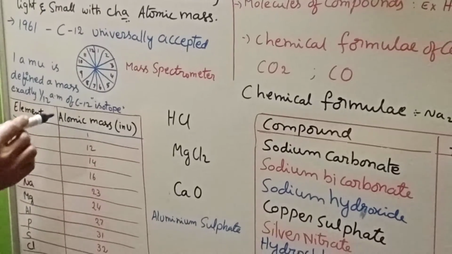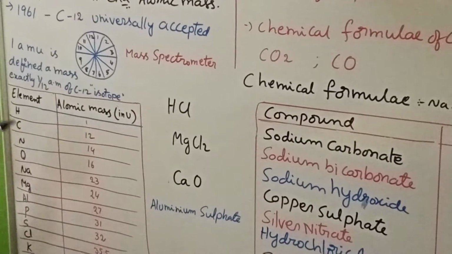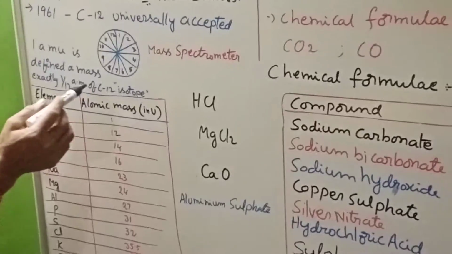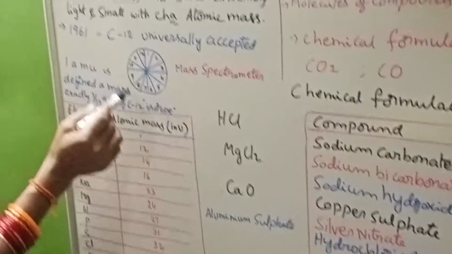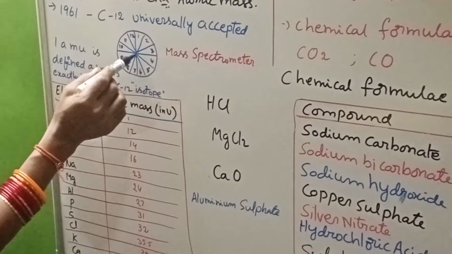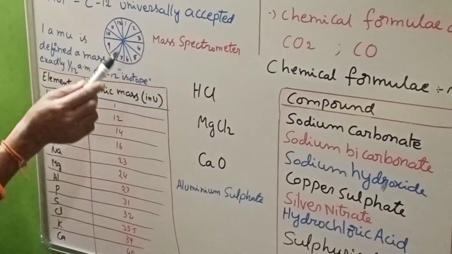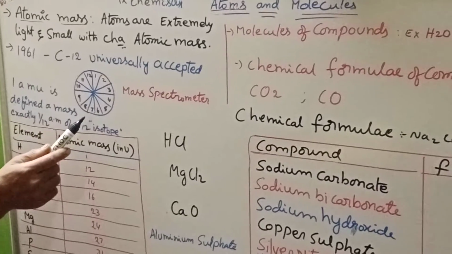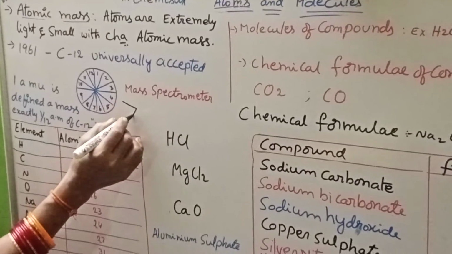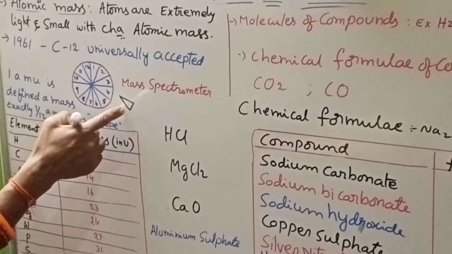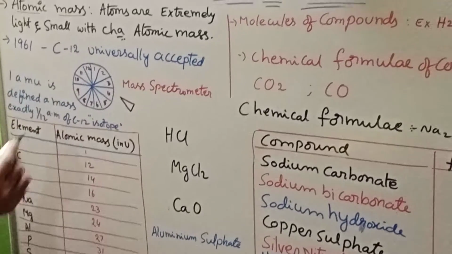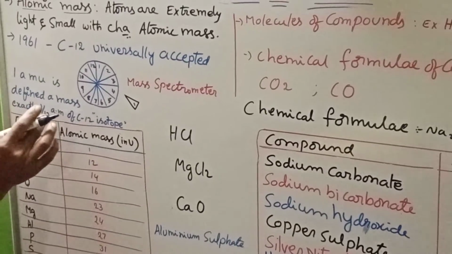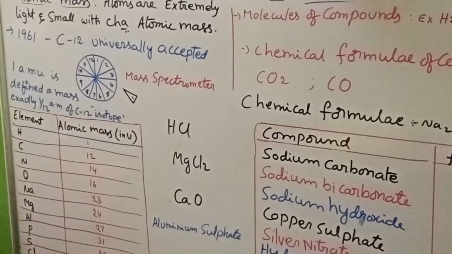See, carbon-14 is another isotope, a radioisotope, used for carbon dating, to know the age of fossils and so on. But here, carbon-12 is depicted like this. This circle is divided into exactly 12 parts, 12 units. If you take one piece, it represents 1/12 of the carbon mass. This one unit part, if you remove it, is 1/12 of the mass of carbon.